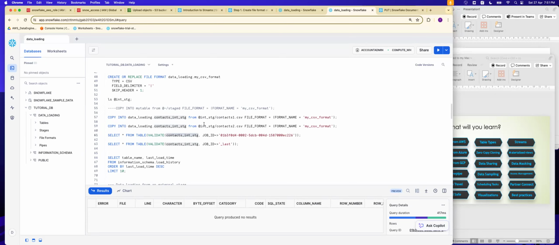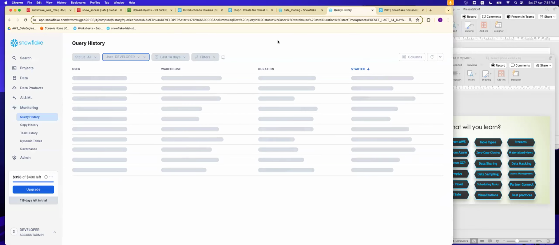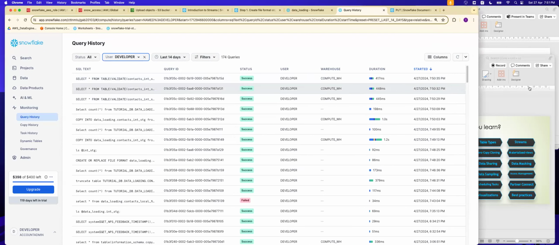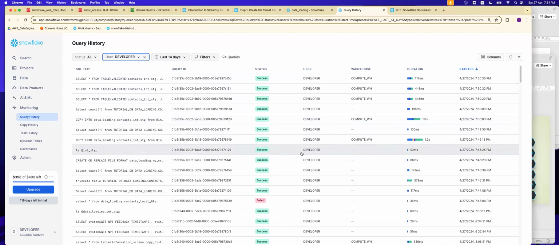Now, every query that you fire in Snowflake is stored in Snowflake with a unique query ID. So if you go on the left hand side, you see there is something called query history. If I go to query history, you will see all the queries that you have fired are here, and here is a query ID. Now,